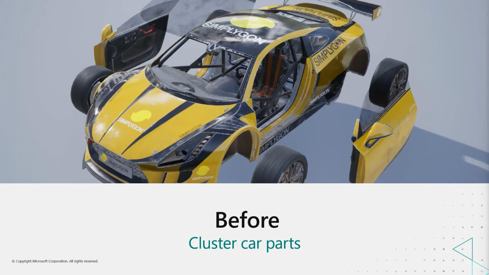In our case, we chose to cluster it so that, for example, the wheels are separate objects, the doors are separate objects. That way we can then open the doors. The wheels can be animated even at the lowest levels. And finally, we also separated all the transparent parts into one object so that they're not baked into the remesher, which would mean that you would have to have an opacity channel for the whole object, which is not ideal always.